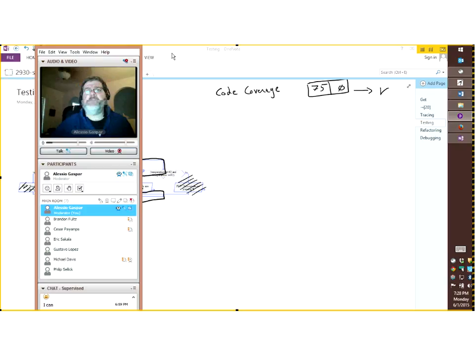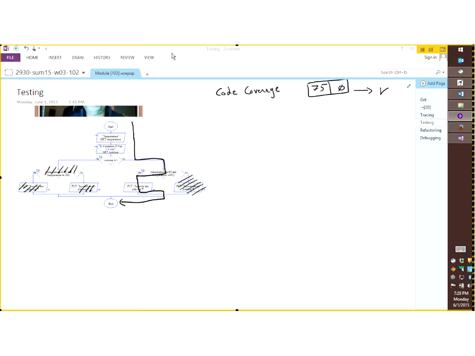So let me move this out of the way. Alright, let me know if you are not able to view my slide here. If you don't see anything being scribbled, like for example right now I'm scribbling a bit, let me know and I will make sure that I reset this thing. Thank you, Philip. Okay, cool. I wanted confirmation there.